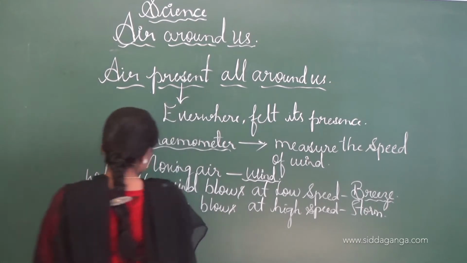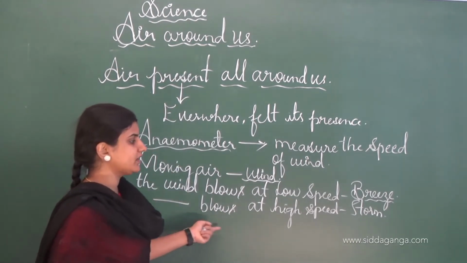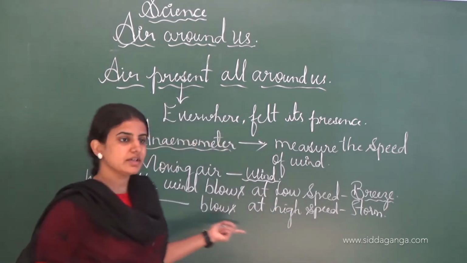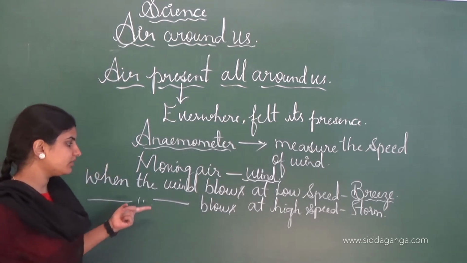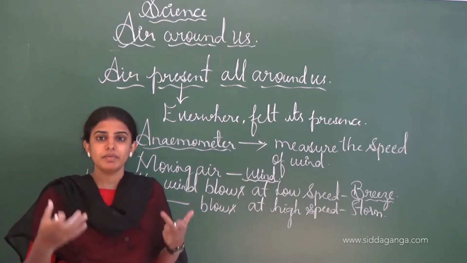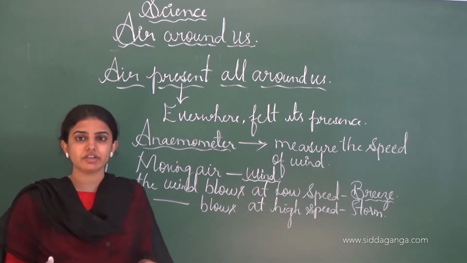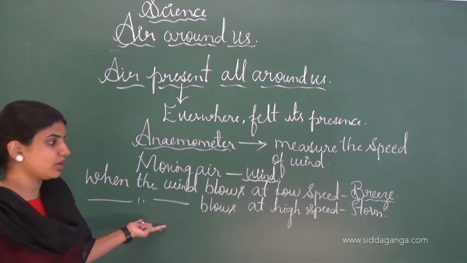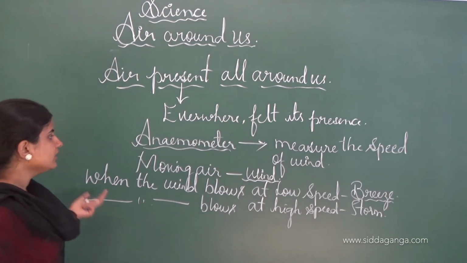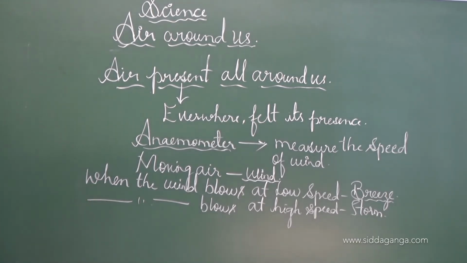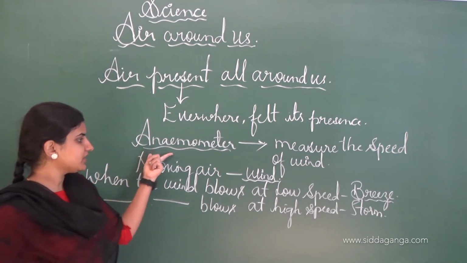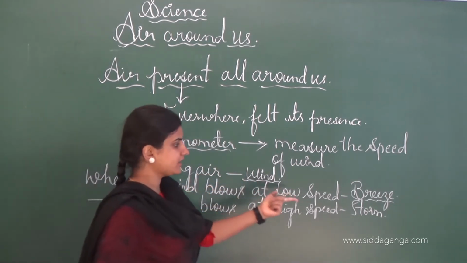And when the wind blows at a high speed, it is called a storm. See, in this condition, when the wind blows at a high speed, many plants will be uprooted, and much destruction will take place, and many houses will be moved from one place to another, and like that we call it a storm, nothing but the Birugadi. See, this is all about the terminologies present in this heading: anemometer, wind, breeze, and storm.